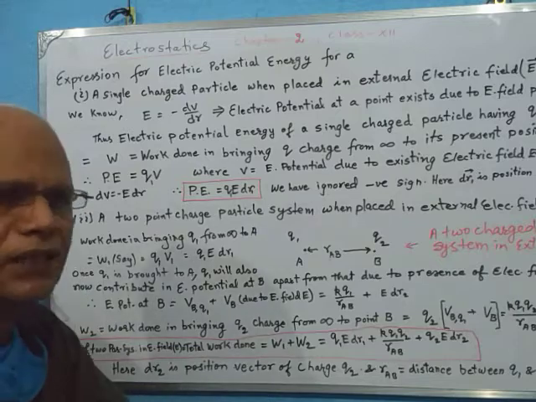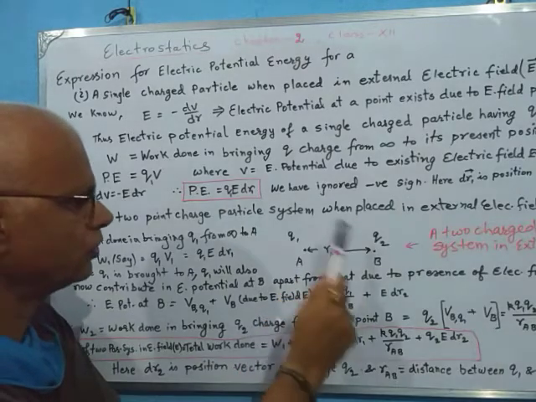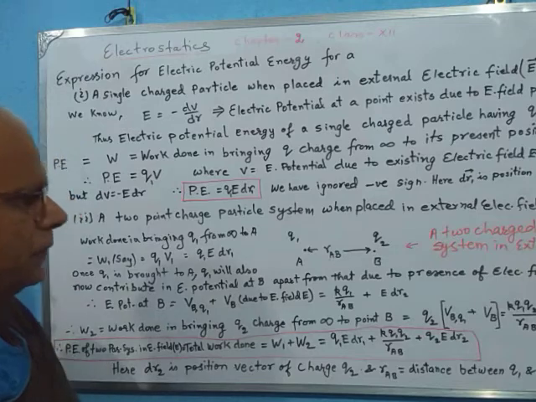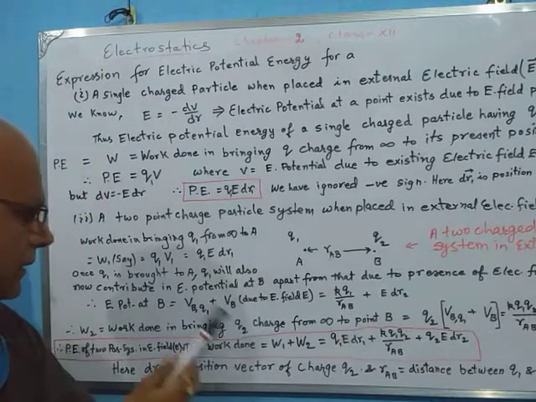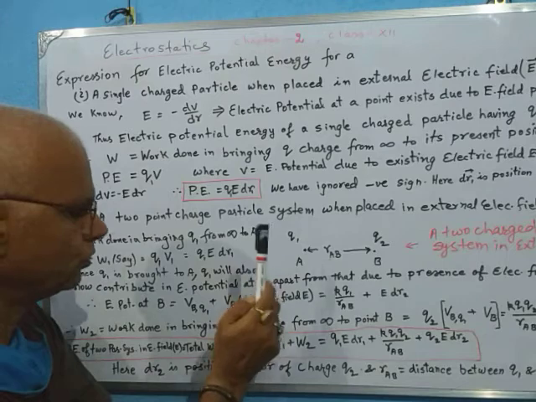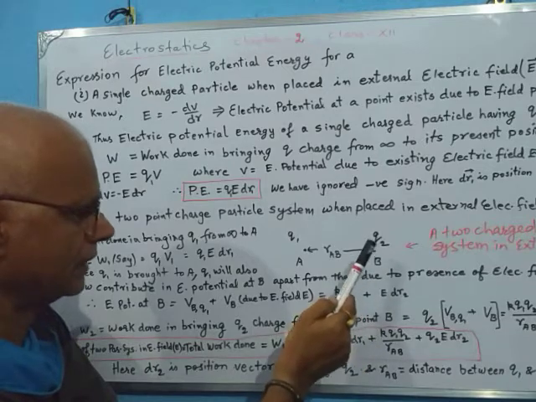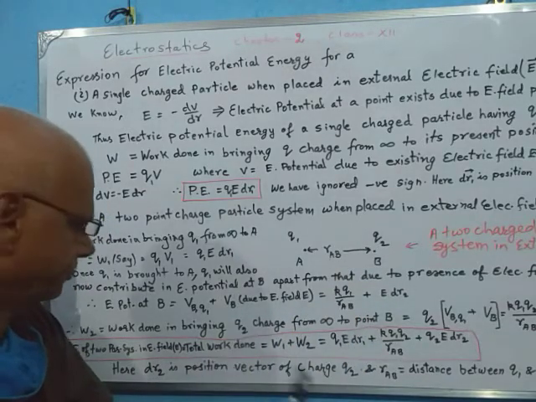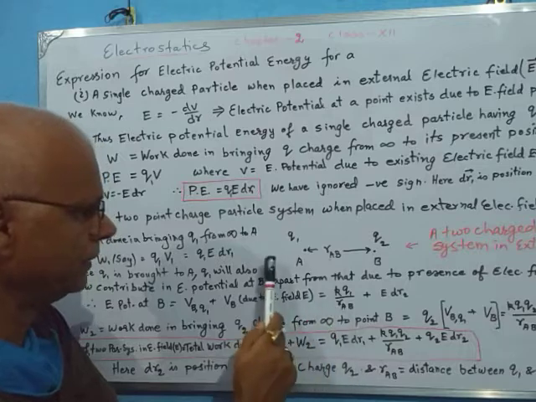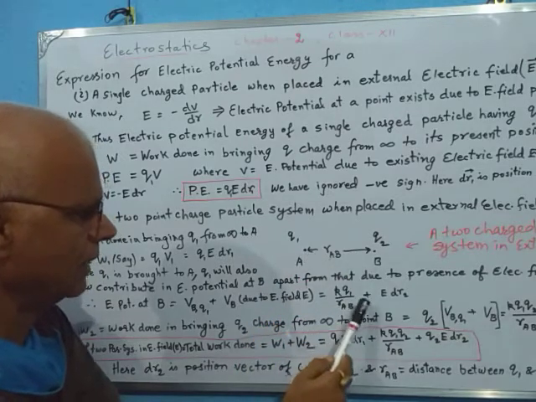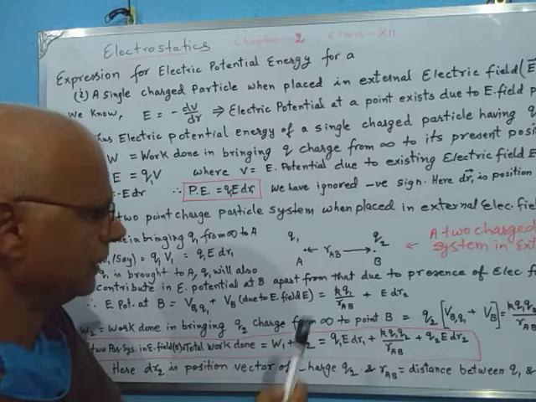Now once we have brought the charge Q1 to its position A, this charge Q1 will also contribute to produce some electric potential at point B, apart from that produced by the electric field at point B. So the total electric potential at point B will be that due to the presence of charge Q1 at A and that due to the electric field present at B. So we have electric potential at B equal to K Q1 by RAB, where the distance of A from B is RAB, plus the field contribution E dr2, where E is the electric field and dr2 is the position vector.